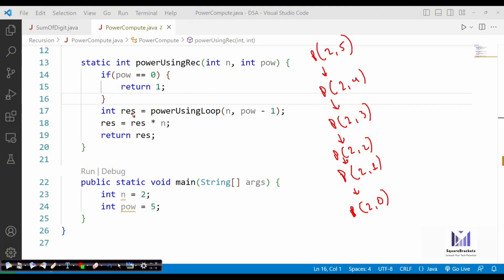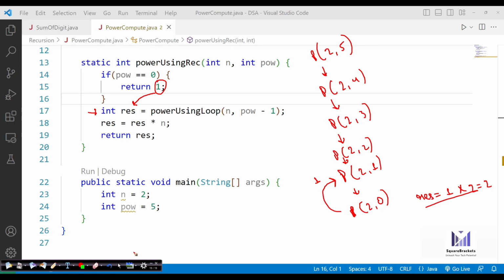So 1 is returned to this result variable. It means now in my result variable I have 1 into 2, that becomes 2, and then return result. First it returned 1, and now this calculation is performed at this step.